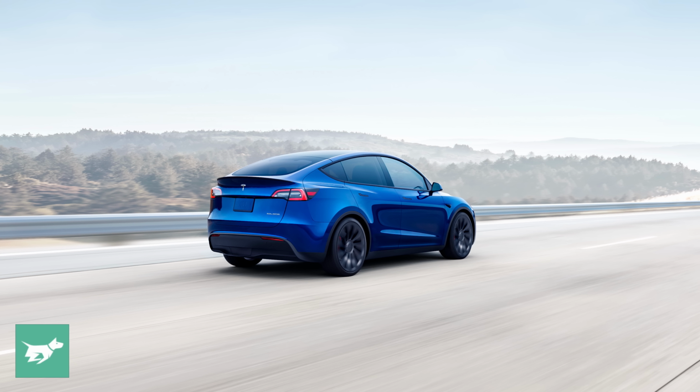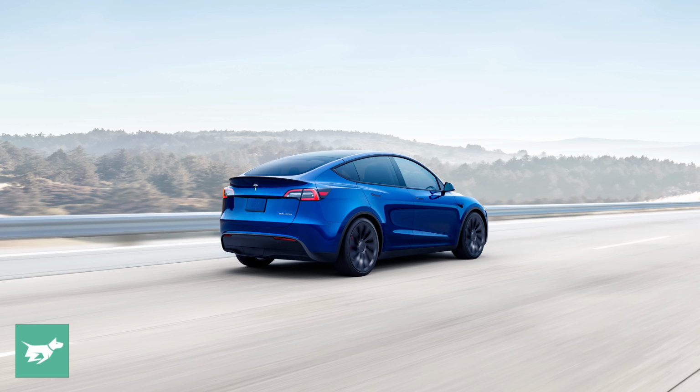So let's talk about the grade structure, ignoring for a minute the elephant in the room that is the fact that Tesla hasn't priced the long-range dual-motor Model Y for Australia. If it did so, it would follow the exact structure of the Model 3's lineup in Australia. But anyway, let's talk about the base car, which starts from $67,990, gets everything that you expect from a Tesla,